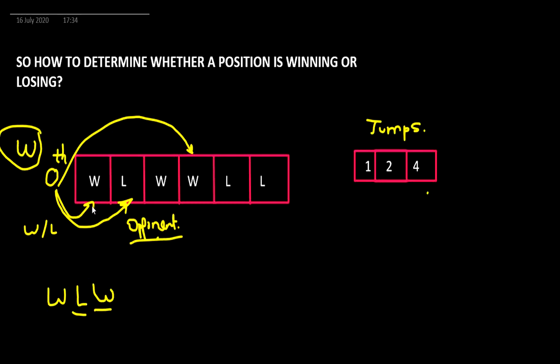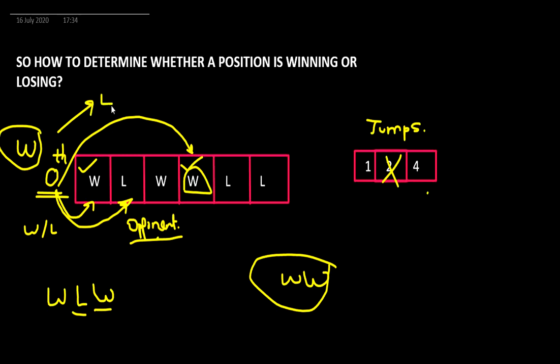And if we can only reach winning positions, let's say I remove 2, so our only two possibilities from the 0th index would be this and this, and both of them are winning positions. So even if I reach here or here, the other player who is going to start his move at either of these two positions is going to win this game because it's a W marked position. So in any case, this player loses the game, and hence it's marked as L. I hope it's clear how we determine whether an index is a W or an L position.